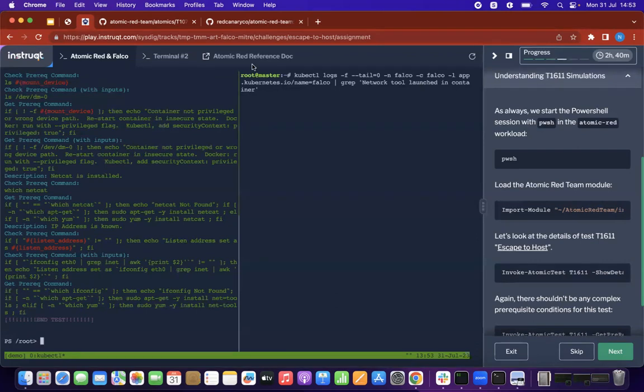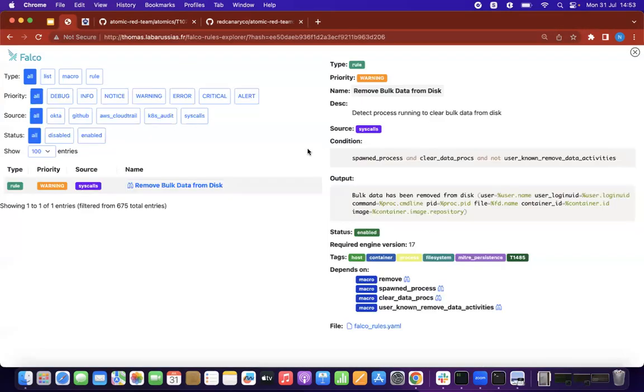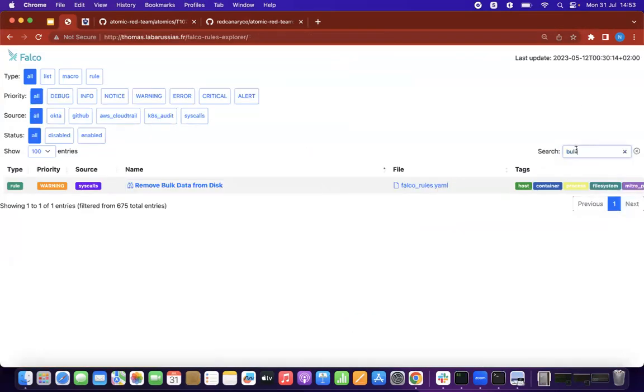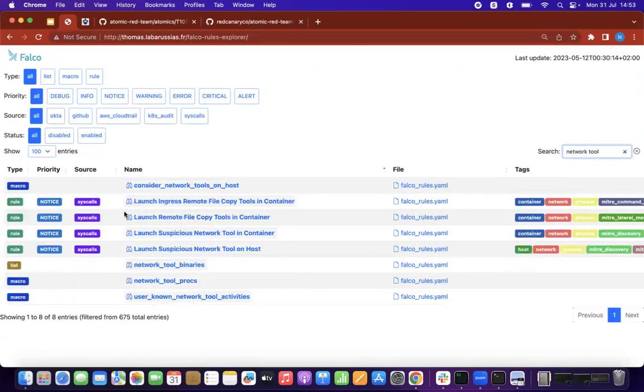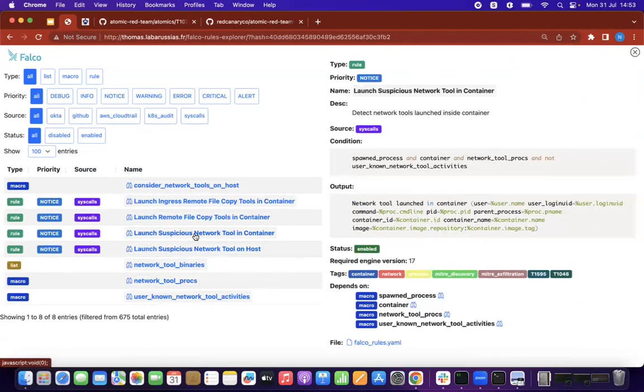Now, same thing again, for network tool, we should already have this rule in our rules feed. So if I just type in network tool, we should have a bunch of different scenarios. Actually, there's launching remote file copy tools, ingress remote tools, suspicious network tools on a host or in the container. So we're focused on the container scenario. We can see what are the